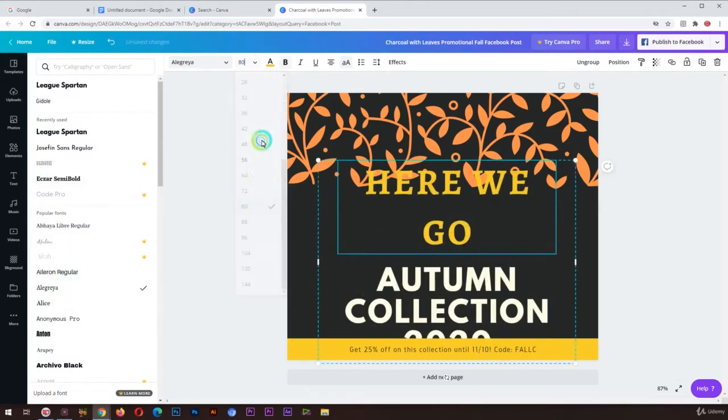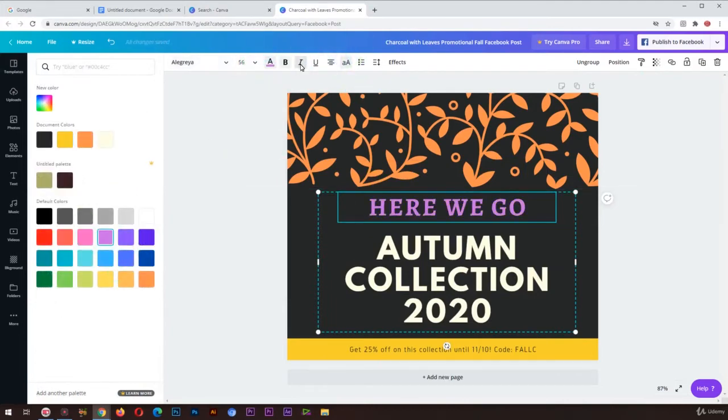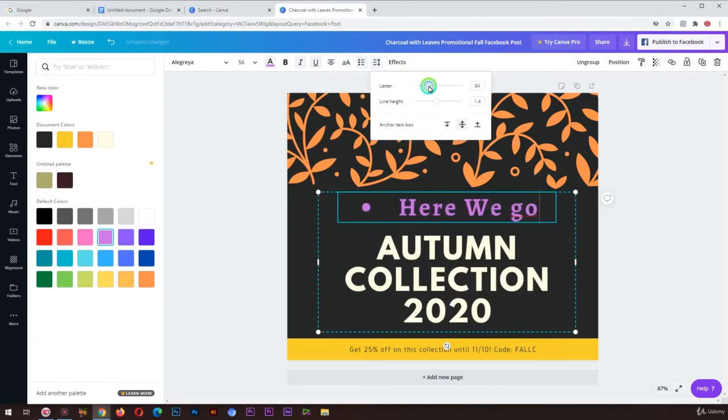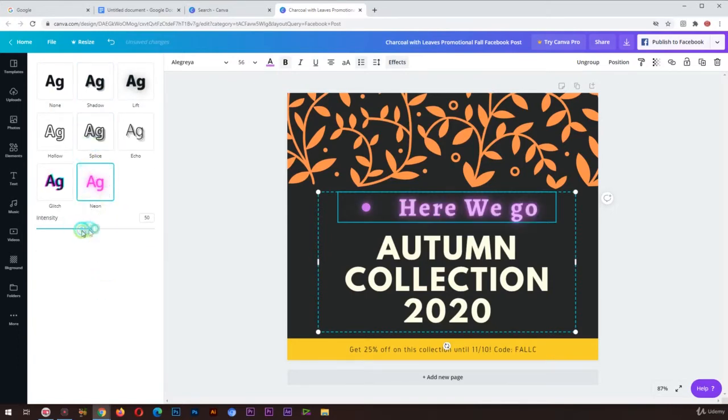Change the size, color, do bold, italic, underline, change the alignment here, change the lowercase and uppercase, add bullets, numbering, increase letter space, line height. You can add effects. And adjust it. As simple as that.